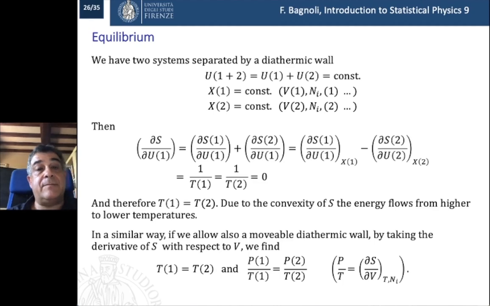Now I can do the same using a movable diathermic wall, so I have to have the same pressure and the same temperature, but I can obtain this result by computing the maximum of the entropy with the partial derivatives with respect to energy and with respect to volume, and I find as before that they have the same temperature and the same pressure. So the pressure in this case is defined as P over T is the derivative of the entropy with respect